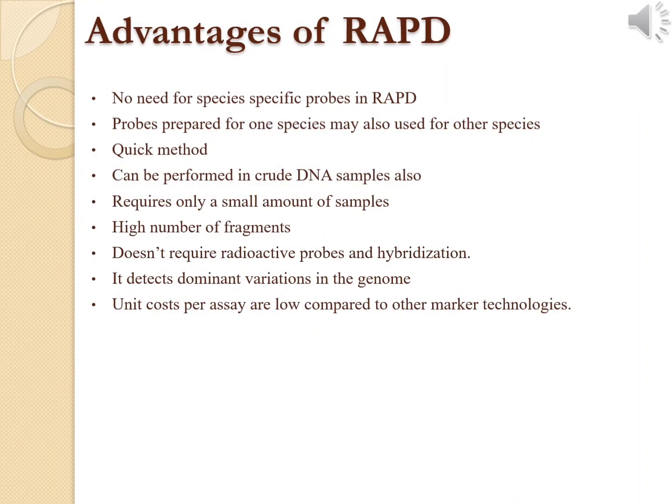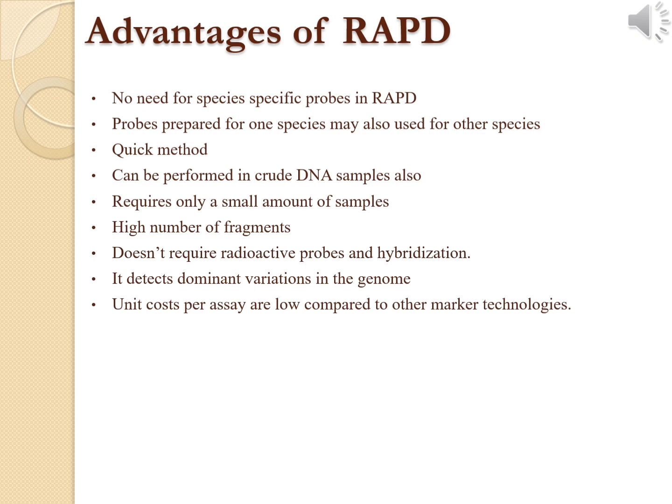Now, advantages of RAPD. No species-specific probes are required for different species in case of RAPD. That is, the primers providing polymorphic markers are the same in case of each and every species, whether it be a tobacco plant or a maize plant. Data can be collected very quickly; about 5 minutes is required in case of RAPD. Crude DNA preparation may be used for analysis of the whole genome, however, it does not detect the allelic variants.